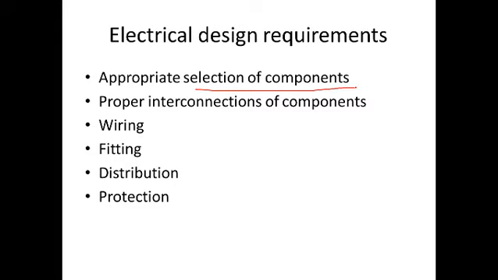So appropriate selection of the components. Then proper interconnection of the components. You have to connect various components in the circuit. Suppose you are going to use one capacitor and one resistor for a particular part of your circuit. You will put the capacitor somewhere at the far end because it is a bulky one, and then you are going to adjust the capacitor such that it will just fulfill the empty space there. But then you have to connect that resistor to the capacitor, and there comes the proper interconnections. So you have to do the proper interconnections there.